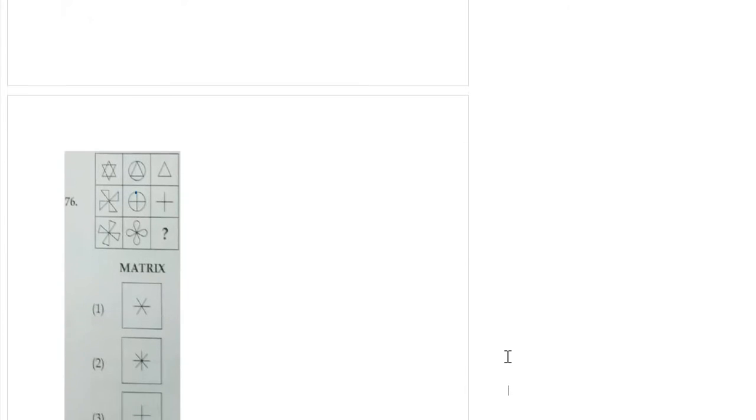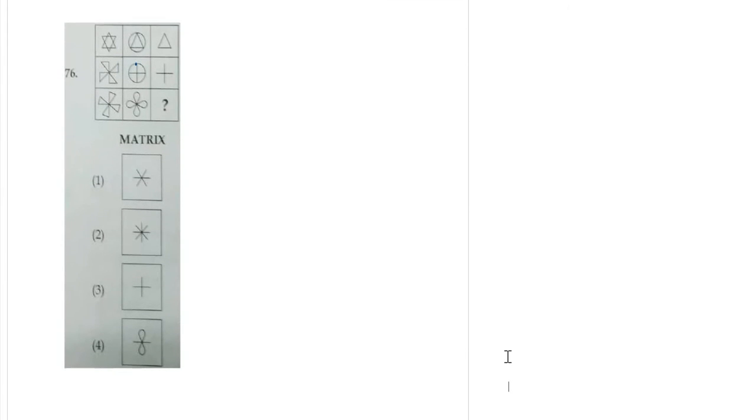Sixth question. Again it is a pattern type question. So understand this pattern. 3 type of figures are given. First one, second one, third one. How will they make the third one? Only they remove the curved portion. Here also the curved portions are removed. So we removed this curved portion.